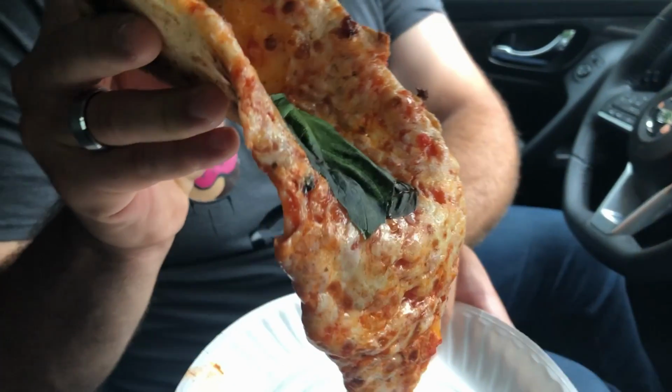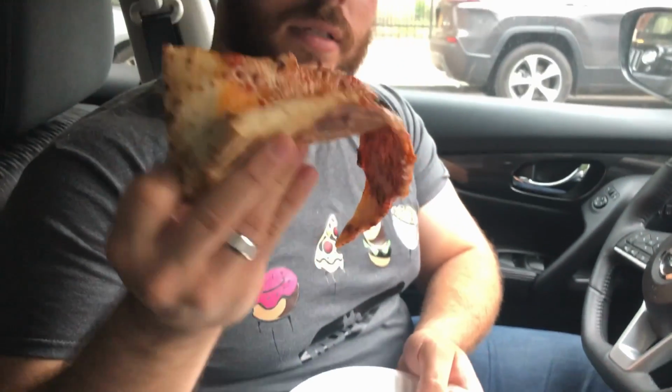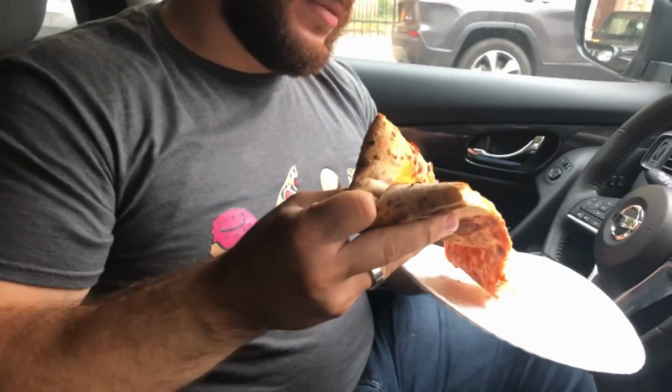Alright, see how they got a little basil on here? They just kind of threw it on. I guess it's a garnish. Who knows? Got a lot of flop, but